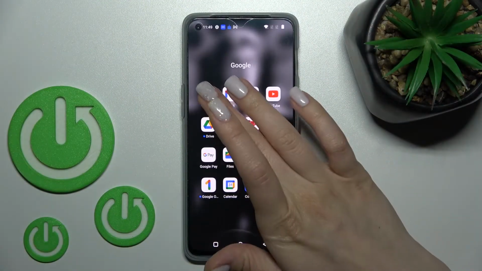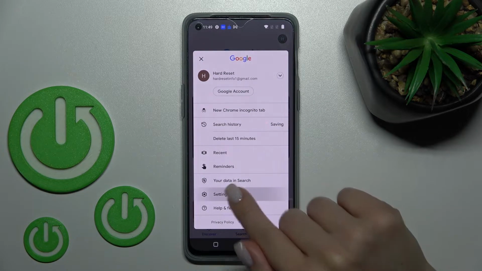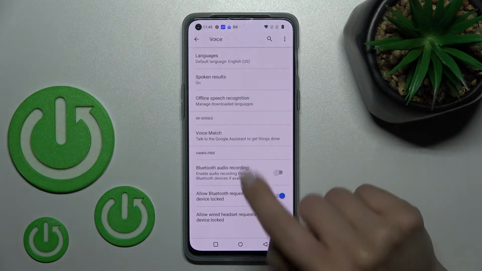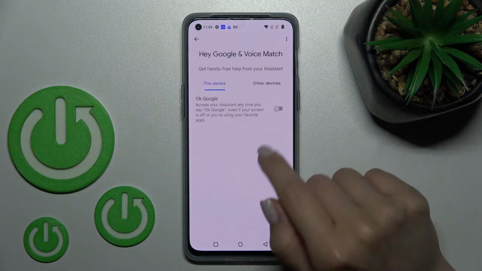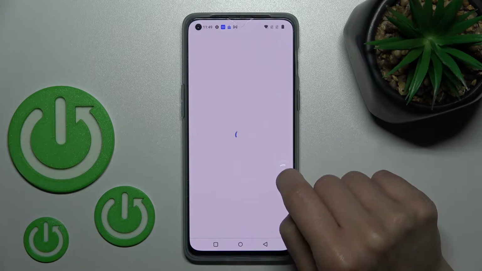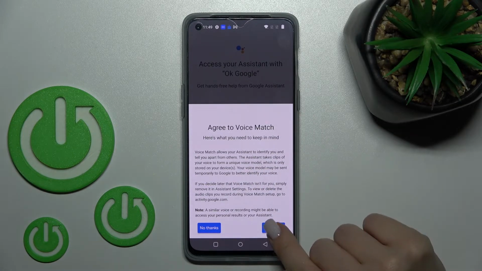So let's just first launch the Google application, and after that tap on the right upper corner, then click to the settings section and tap to the voice. Then go to the voice match, and here you'll see the OK Google switcher. Just to turn on this switcher, click once on the switcher, then tap to next, read the description and click